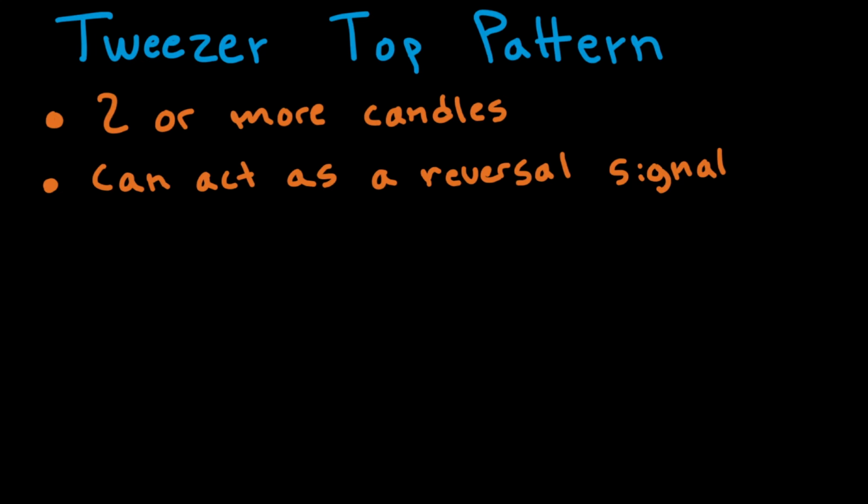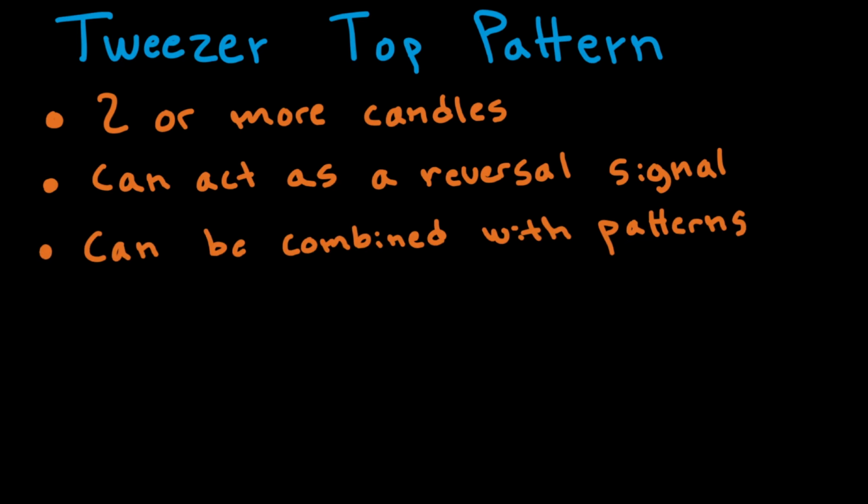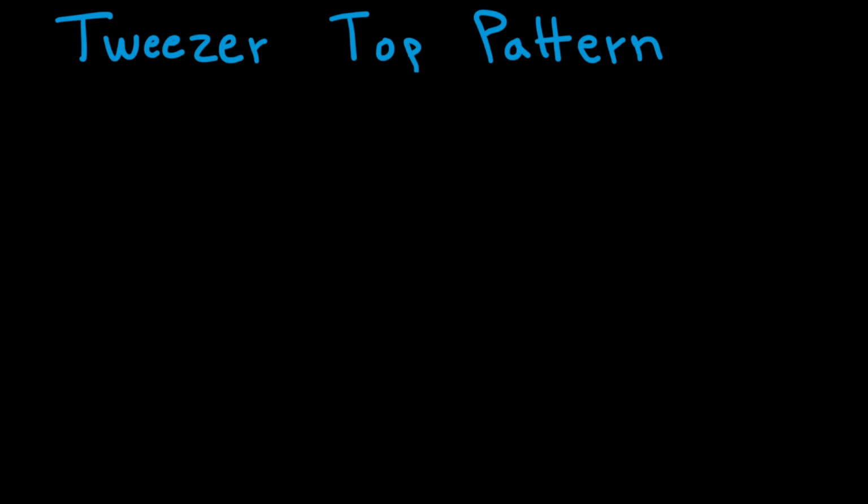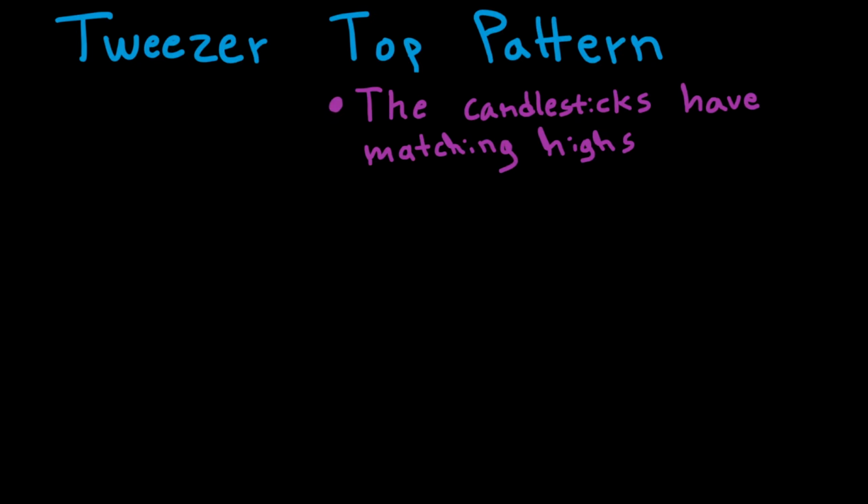And we can also right away mention here that it can be combined with patterns. This might feel a little bit unclear, but later in this video, this concept will be more clear. So now let's take a look at some examples of how a tweezer top could look like. The first thing that is true for every tweezer top is that the candlesticks have matching highs. So the candlesticks in the tweezer top pattern touch the same level, the same top. And ideally